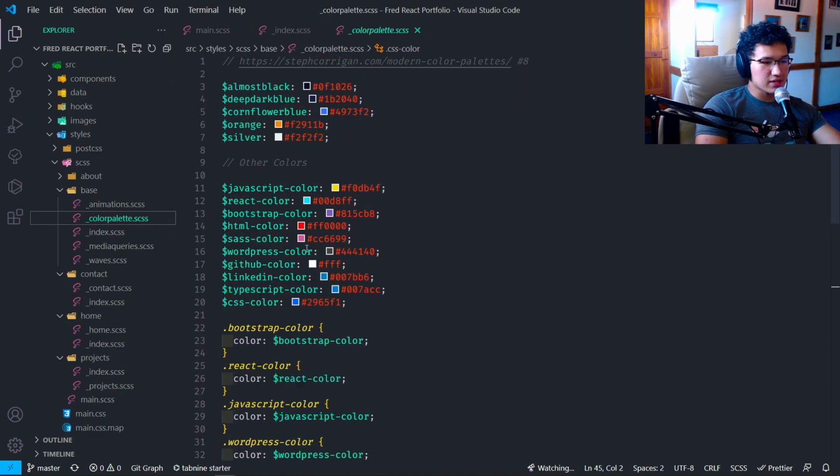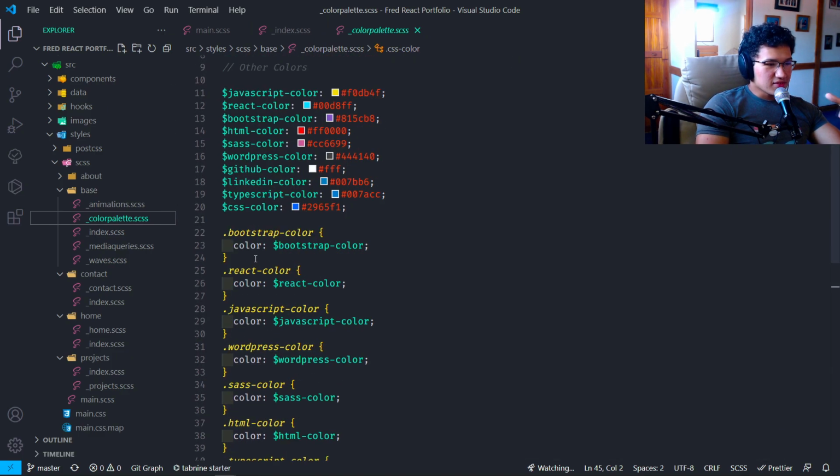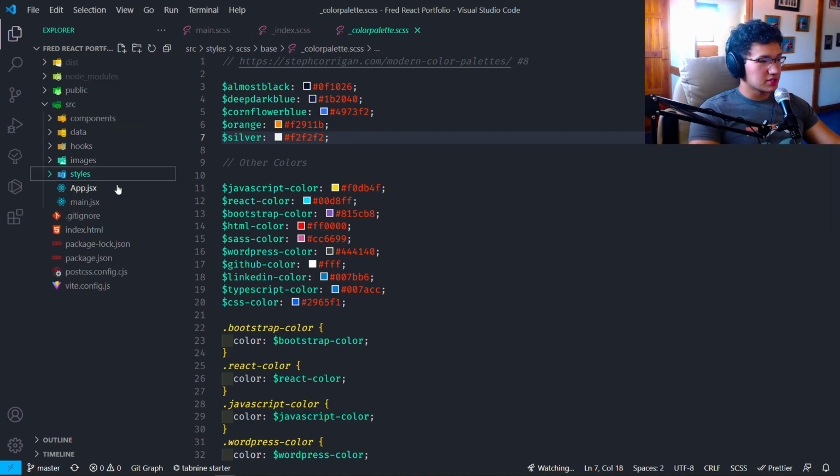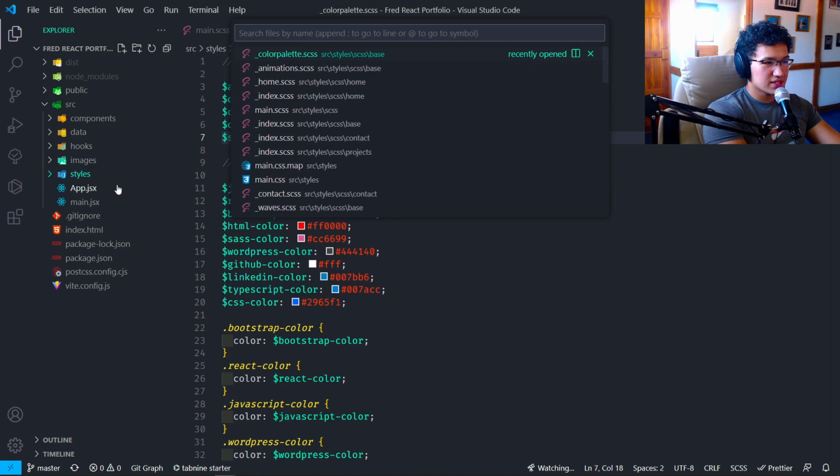And here I have my color palette, and I have all of these declared colors, and you can really extend upon what we learned today. You can really have everything organized. So for example, what I will do with the next shortcuts video that I'm thinking of recording after this one, which is, I don't know, Control P, and let's say I want to change something on my home section. So I'll just do